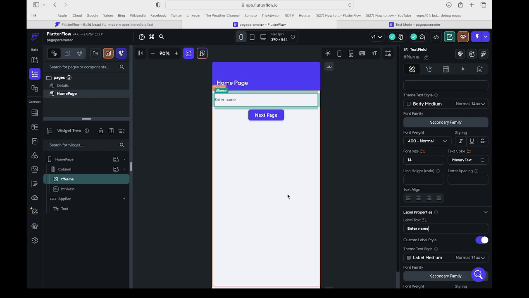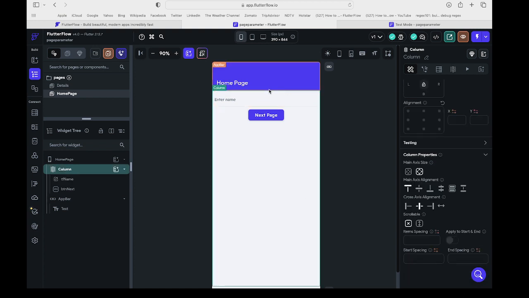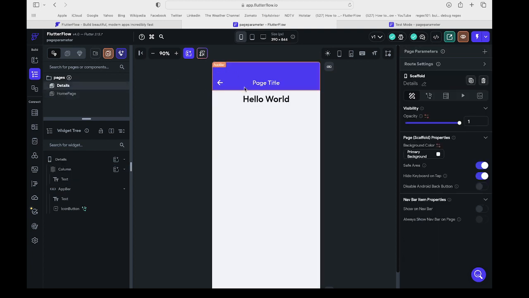Okay, let me remove that. Anyway, so now when I enter the name here and click on the next page, it should go to the details page and show that name here. So in FlutterFlow,